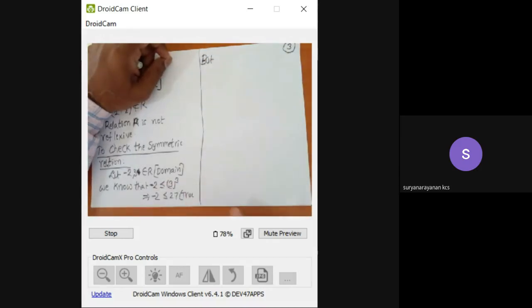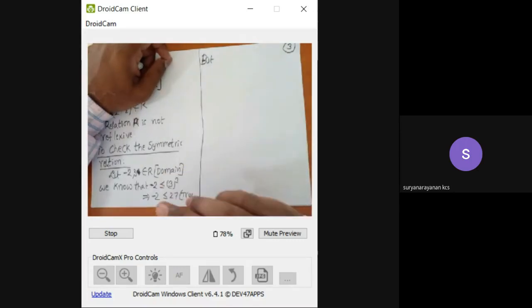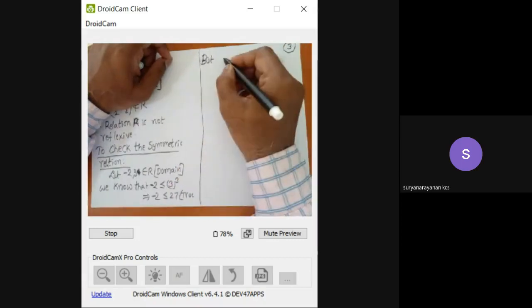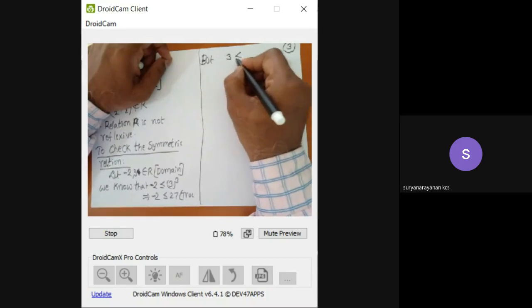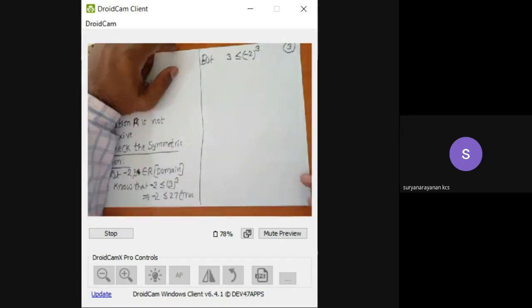In the place of B, write 3. In the place of A, write A. What will you get here? 3 is less than or equal to, in the place of A,